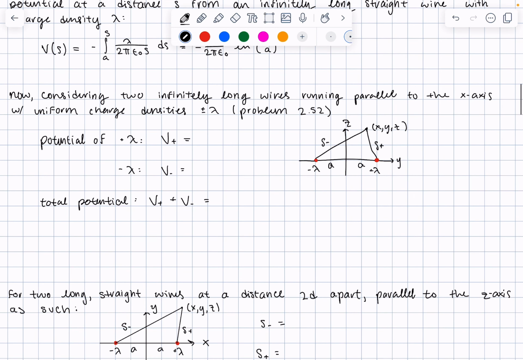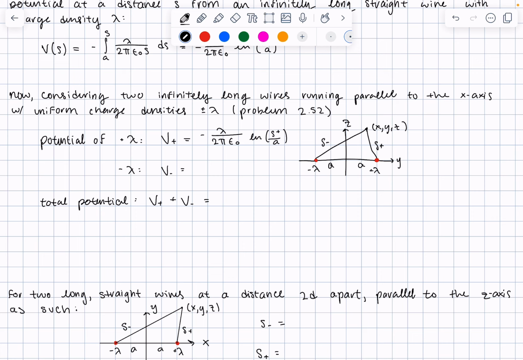And now let's consider two infinitely long wires running parallel to the x-axis with uniform charge densities of plus or minus lambda. And this is basically problem 2.52, going back to that. So looking at our diagram, the potential of the positively linear charge density wire will be V plus is equal to negative lambda over 2 pi epsilon naught ln of s plus over a,